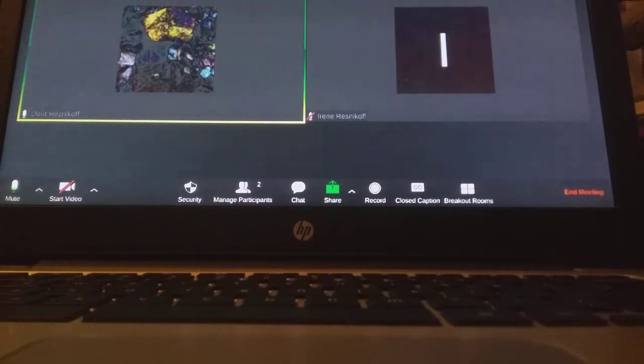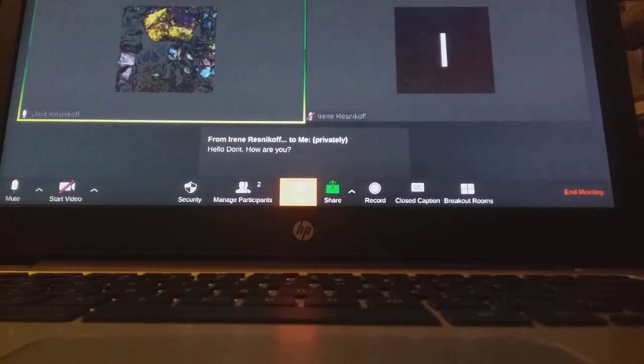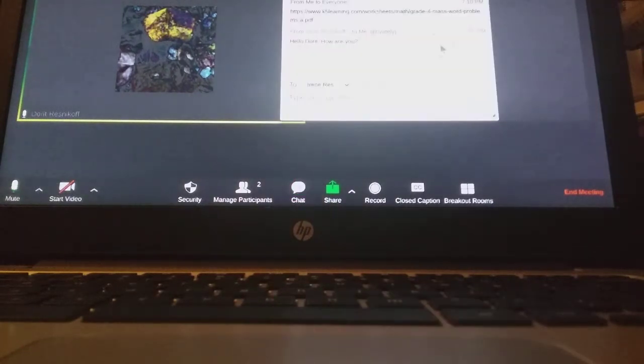And of course, I cannot use the keyboard shortcuts. However, I do see that chat turned yellow, so that tells me I do have a chat. I can use my mouse to click on it, and it opens a small box. I am unable to change the size of the